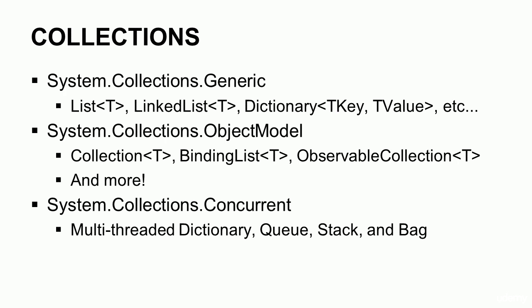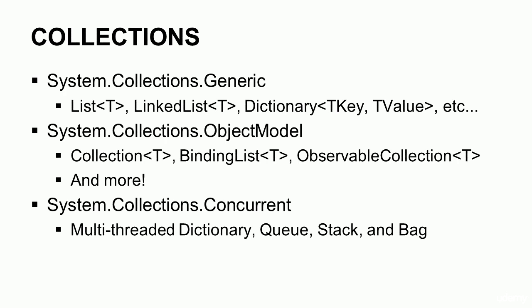You know, classes like List<T> and LinkedList<T>, Dictionary, SortedList, and so on. But you'll also learn about the collections in the System.Collections.ObjectModel namespace, like Collection<T>, BindingList<T>, ObservableCollection<T>, and a few others in that namespace. We'll also look at the concurrent collections for multi-threaded applications, and I'll also teach you how to write enumerators and